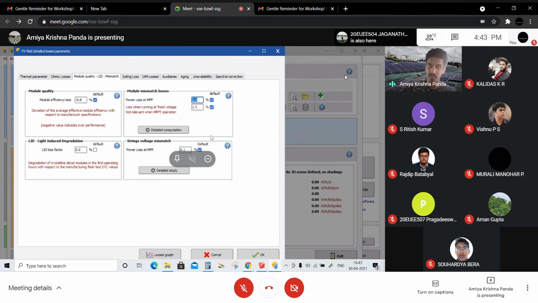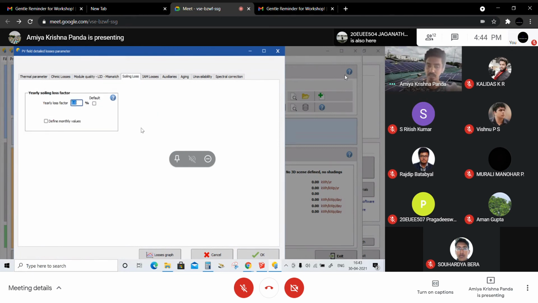Here, all the things which you can see, you need to just click on the default, right? Now soiling loss. Soiling loss is very much important, but you have to remember how frequently you will be able to clean it, right?